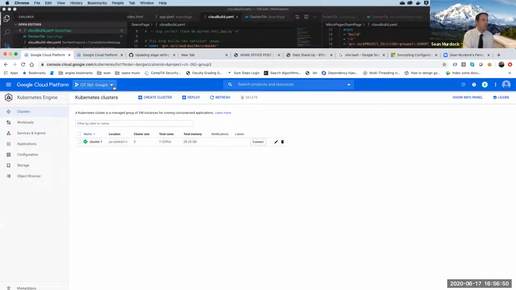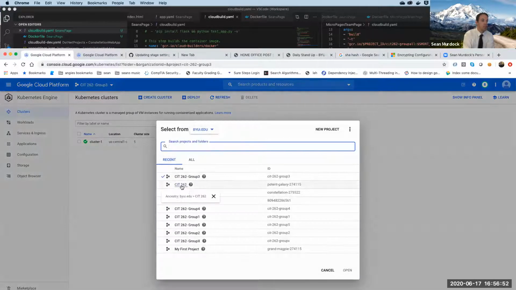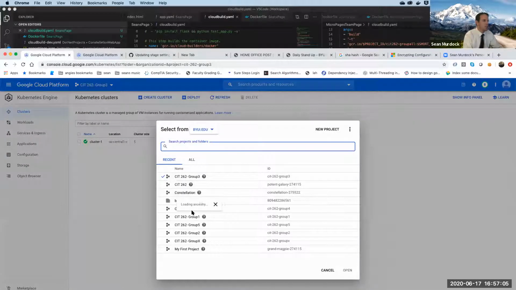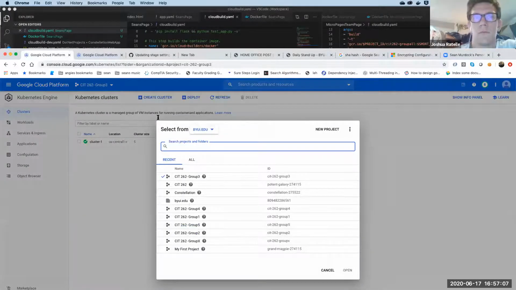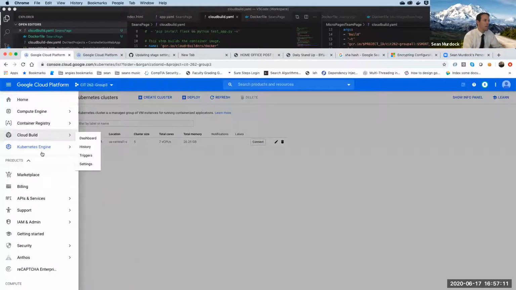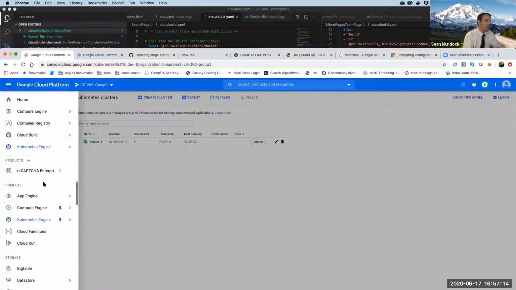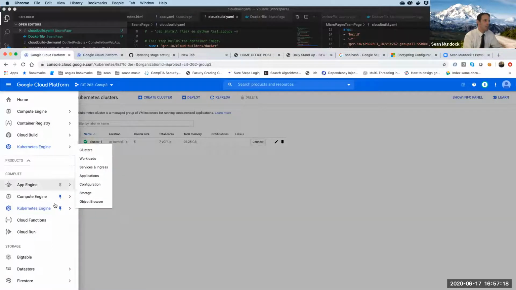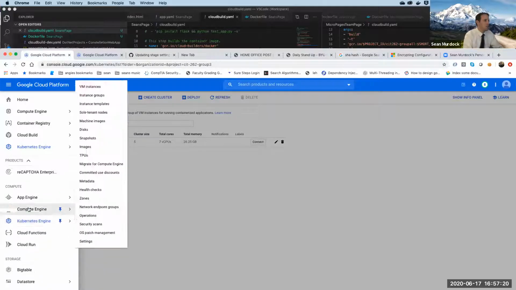So again, I went to the group project I'm in. Now you can use this CIT262, and that's perfectly fine. You don't have to use anything other than that. But if you have chosen to use a different one for your build trigger, then you're going to want to go to that project. And I chose group 3 from the drop down. And then I went over here and I scrolled. I would have to scroll down if I didn't pin it. This pin makes it so it shows up at the top. So if you scroll down to compute,